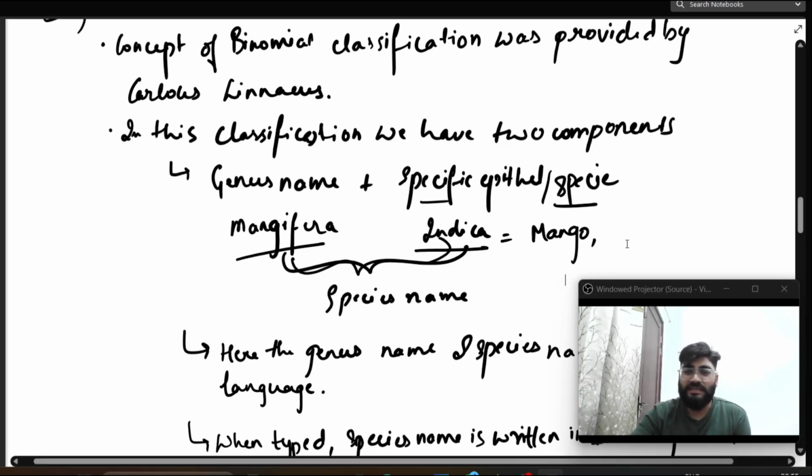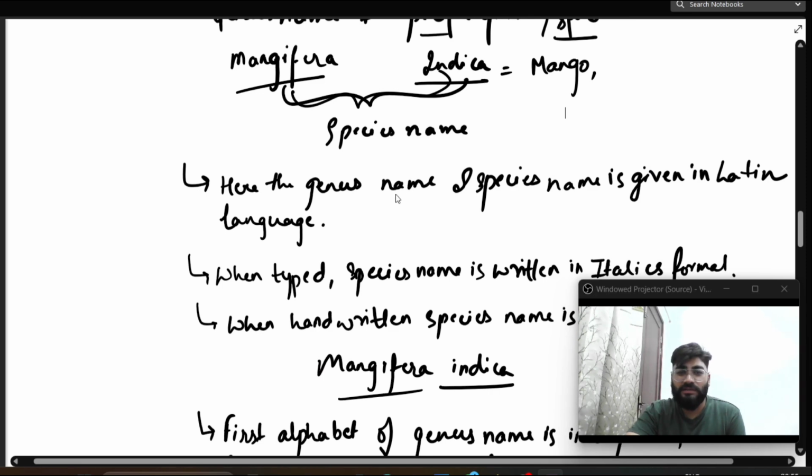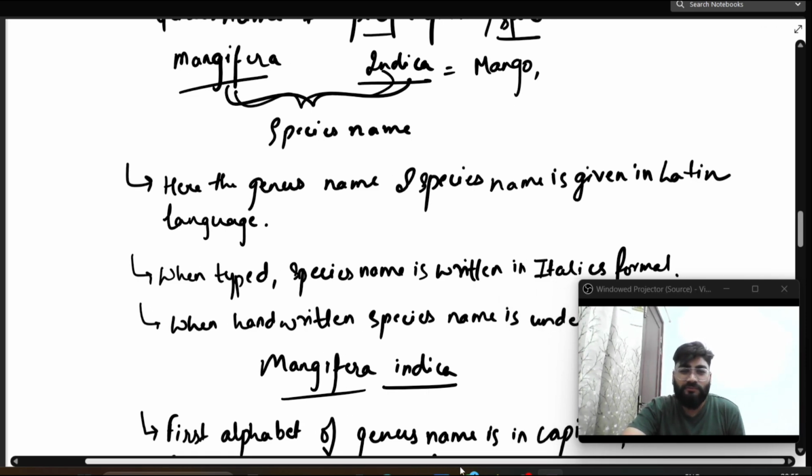So the genus name and the species name that we have are Mangifera and indica. You must be thinking, what is this language, Mangifera indica? This is not English. When we are talking about scientific naming of organisms, the genus name and the species name are all done in Latin. Latin is a language which is kind of extinct now. It is not usually used nowadays, but for all the scientific naming of organisms, we still